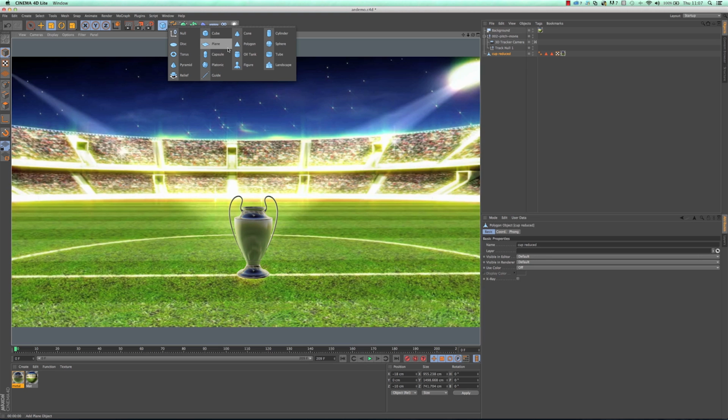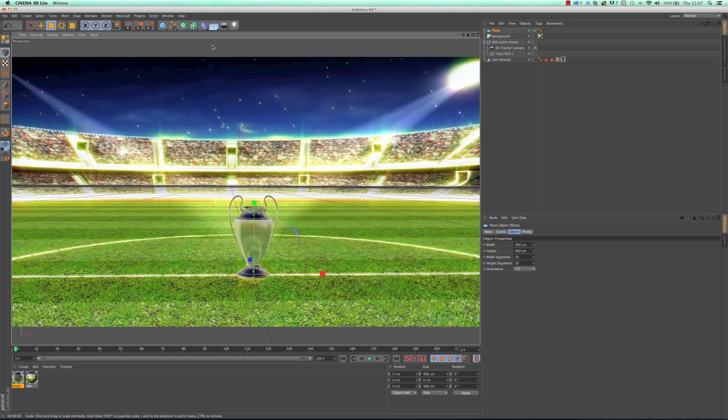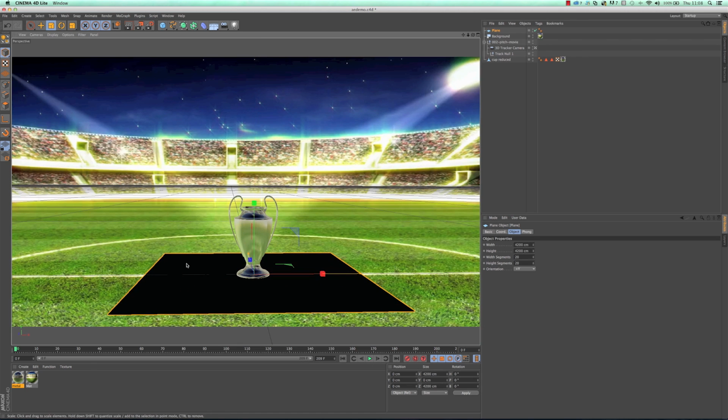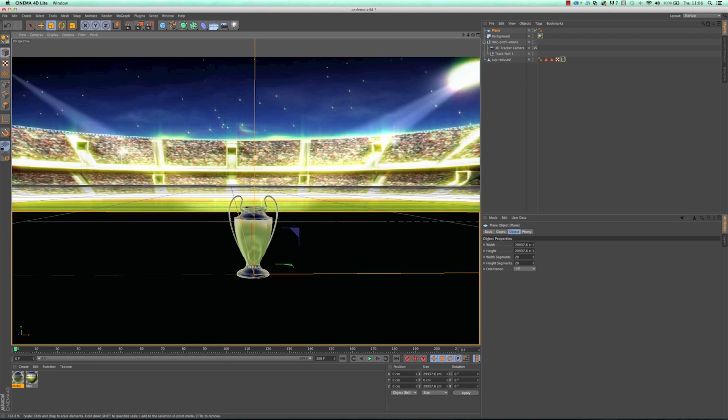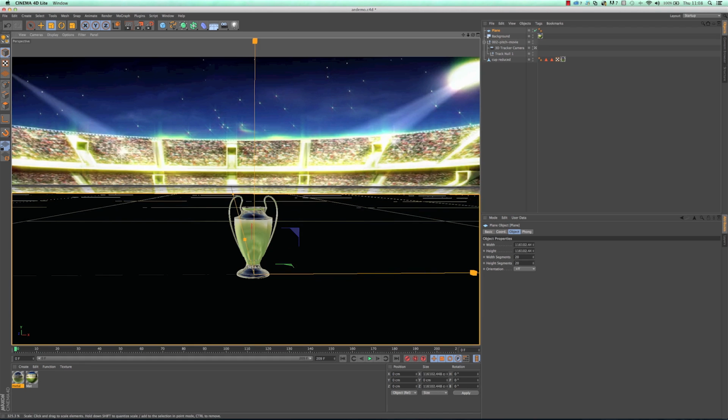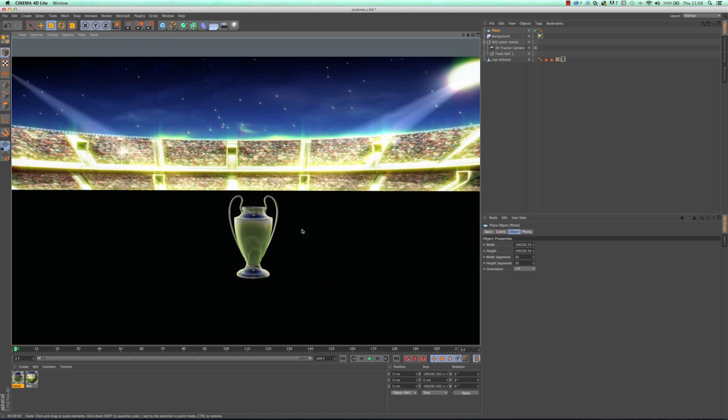So Cinema 4D Lite gives you lots of basic tools. You can't do full polygon modeling, but you have lots of basic tools that you can manipulate, such as these basic shapes here. And we also have some other tools which I'll show you in a minute. But we've got the plane in the scene, and then we drag just to scale it up. And if you stop and then drag again, the drag's kind of relative to the scale of it. So once you've got a bigger plane, if you stop and then drag again, you'd get a bigger scale up. Hit render now, and we've got this big dark floor here.